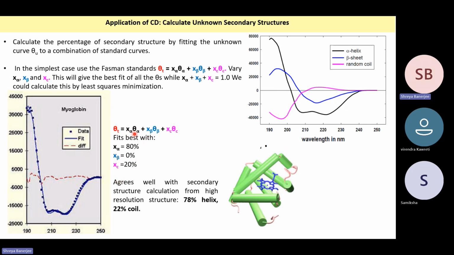If you enter the CD spectrum in the software, it will predict how much of each structure there is. When the CD spectrum of this protein was inserted in the software, it predicted that there is 80% alpha helix and 20% random coil. There is 0% beta sheet. And when the X-ray crystallographic structure was compared, it was very close to the predicted value. It was seen that 78% helix was there and 22% coil. So from the CD spectrum,